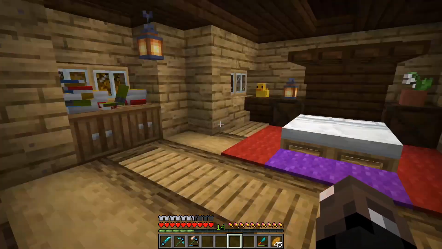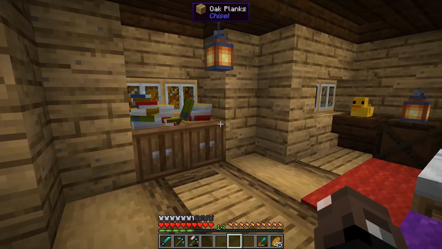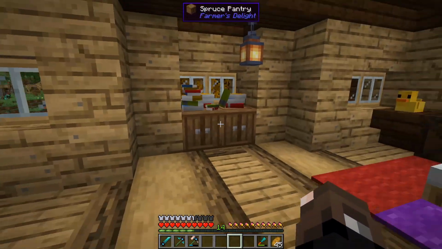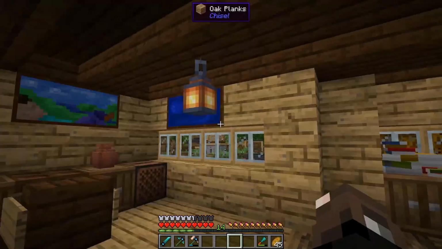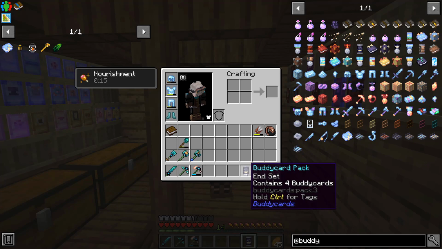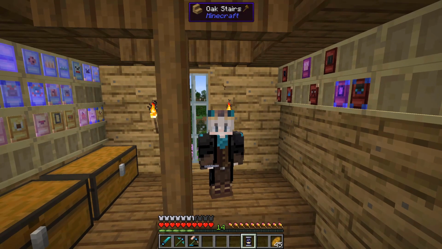I think it looks really cute and cozy up here. Eventually I might change this out. Maybe I'll make this an enchanting area or move my buddy cards up here. But I think for now this does the job, and it'll be a nicer place to wake up when we die, inevitably. We only ended up getting a single buddy card pack, which is actually from the End set,